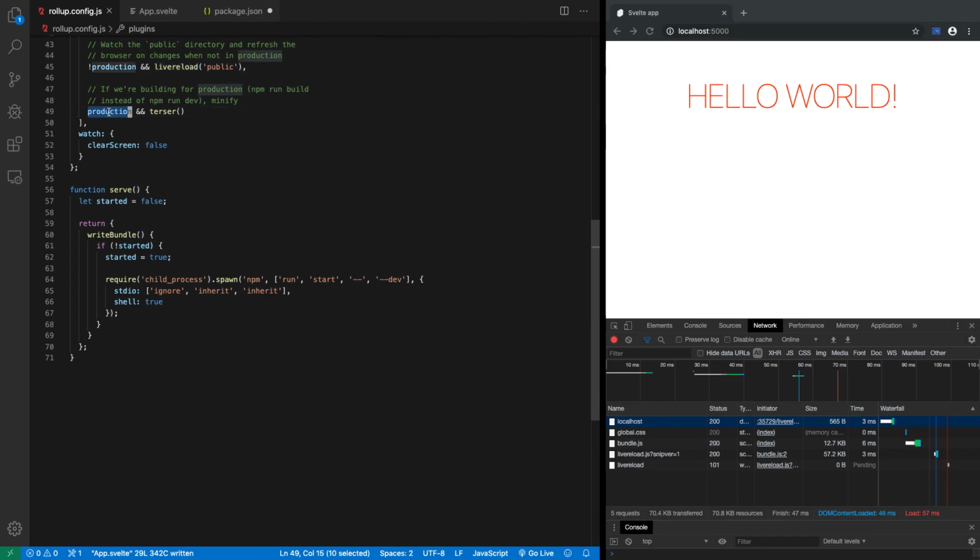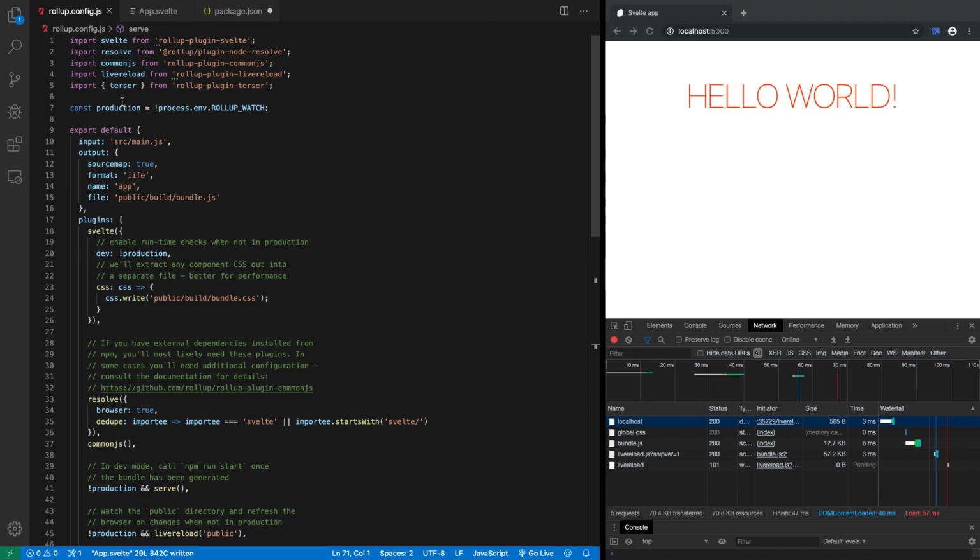Now, finally, the last plugin in the chain: if we are running in production, only then run terser. Terser is basically a minifier. It will minify bundle.js to the extent that it can. And that is what you want when you are running in production mode. And here's a little extra option for watch. The rollup -w watch clearScreen is false, which means every time it reloads, it does not clear the screen. You probably want to see what happened earlier before that. So that is the explanation of